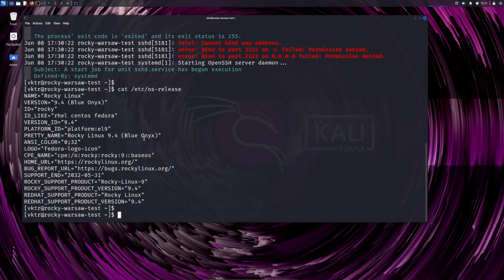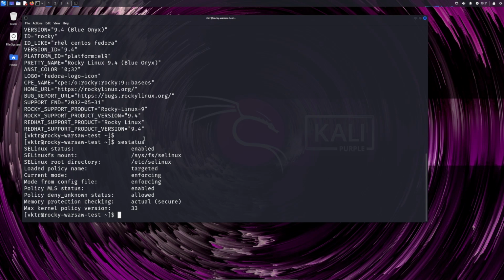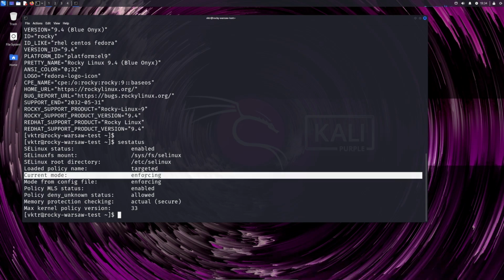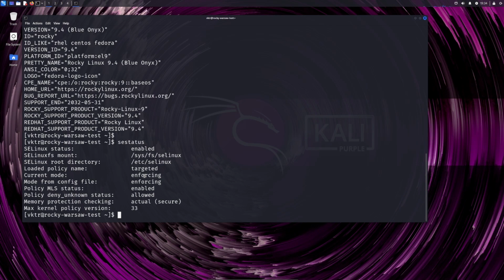We can do that with the sestatus command. In my case, it is running in enforcing mode, which is the reason that prevents us from changing the default